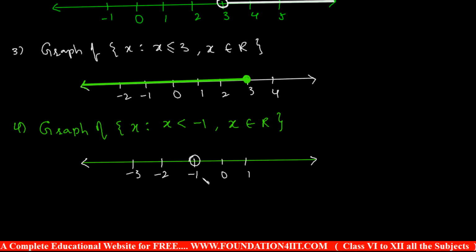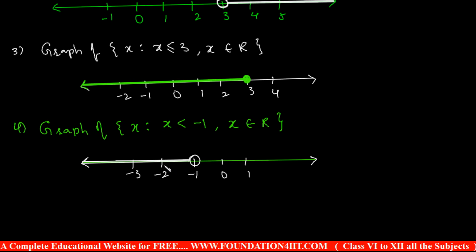Just why you can keep the open circle, hollow circle you should keep. And from here all the values less than minus 1. Then for the remaining values you can keep the line. On the number line only you can draw one more line just to make some dark. The till arrow symbol, that's the meaning of this. Right, till arrow symbol if you can draw, that is minus 1 is not included all the numbers.